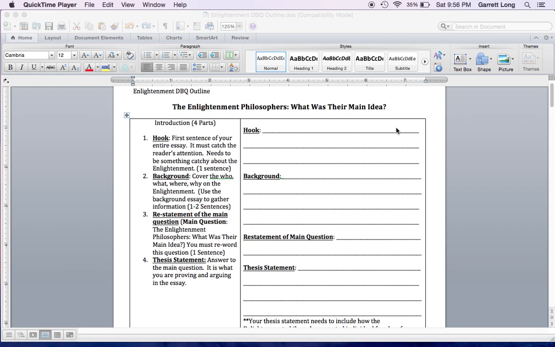Hello class, welcome back. In our last video lecture, we discussed our Say Mean Matter chart. We basically took information from each document, A, B, and D, and we transferred it to the chart, quote word for word, then we explained it, then we argued how that piece of information or quote went back